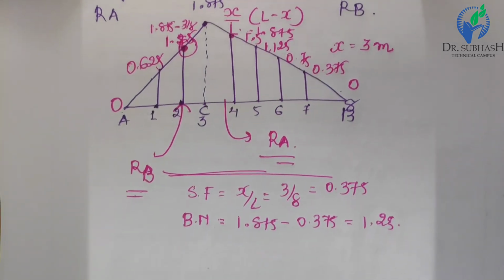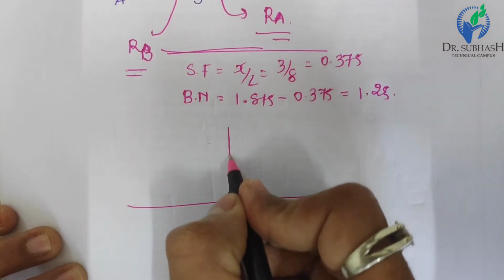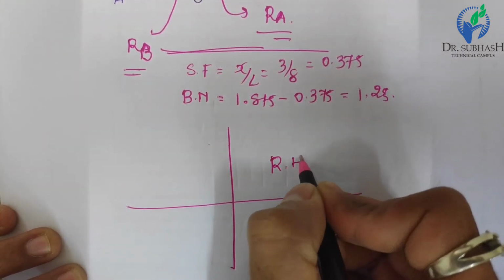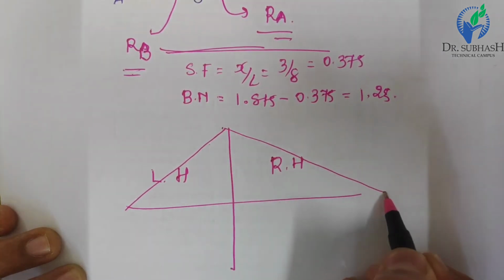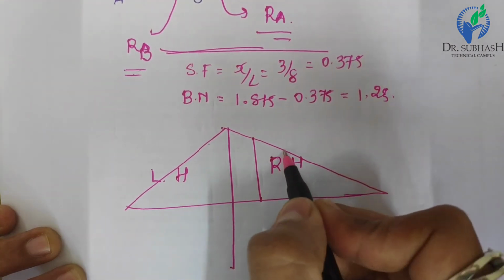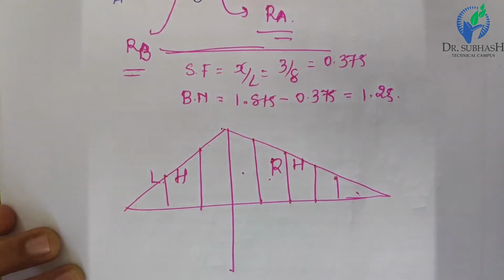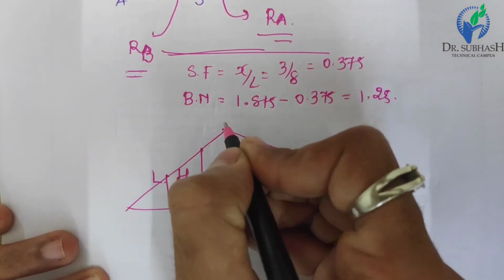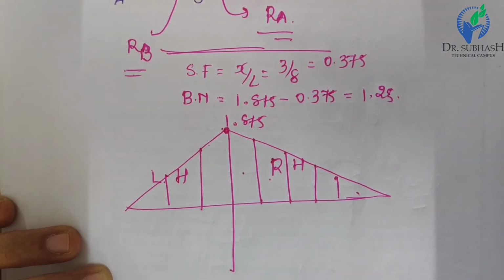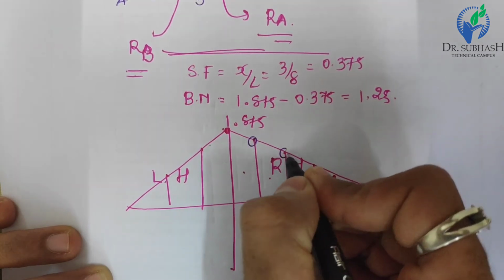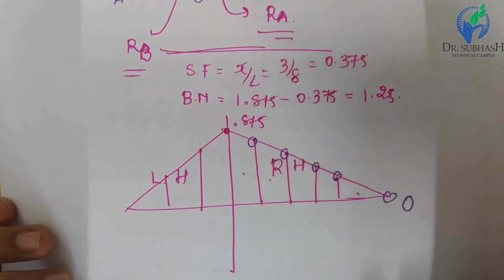Again I repeat, in a very simple method. There are two portions of the bending diagram, right hand side and left hand side. This one is our bending moment diagram. On the opposite side we have 1, 2, 3, 4 and 5, and here it should be 3. So this point we know. What should be the point? 1.875. Remaining points are pending. So we calculate this point, this one, this one, this one, and this one. Finally we have to cross check over there. It should become 0.